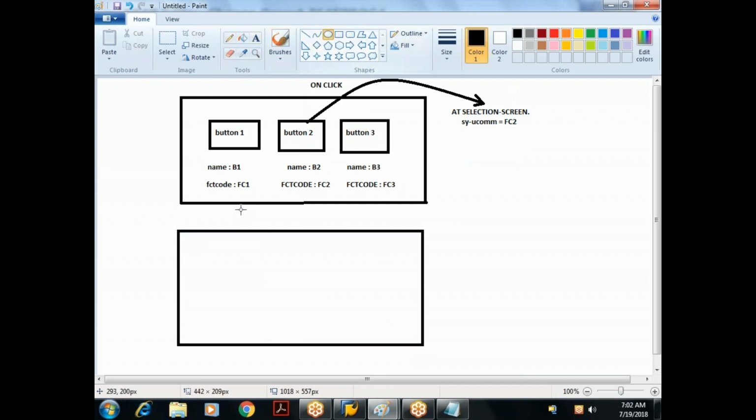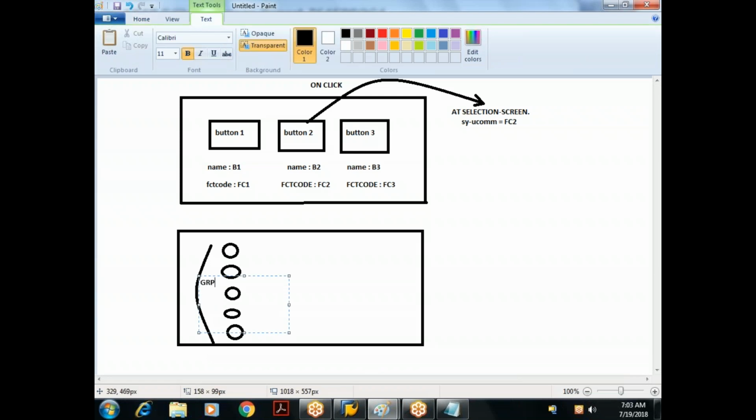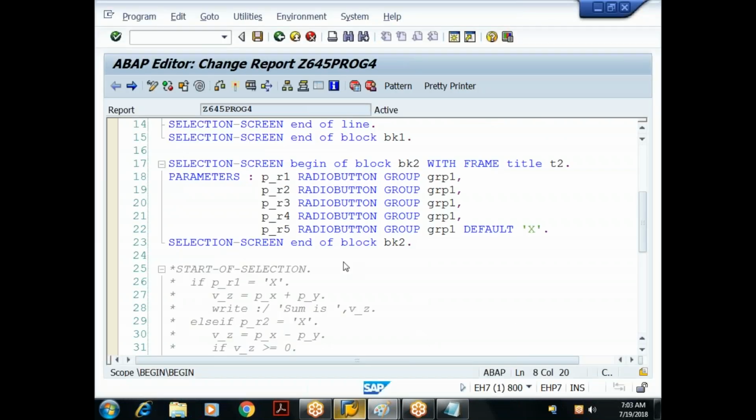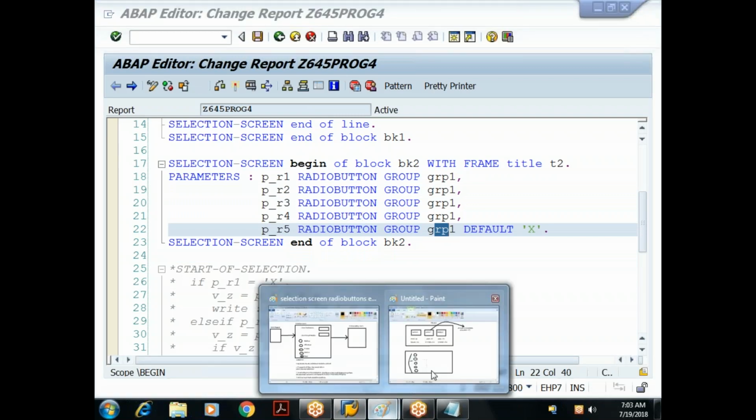We are having some radio buttons, no? All these radio buttons belong to what group? What is the group name I gave? GRP1 is the group name. So I'm having 5 radio buttons, and all these 5 radio buttons belong to a group called Group 1. If you go back to our example, I copied the third program to fourth. So what is the group name here? Group 1. Okay, done. Since all of them belong to only one group,